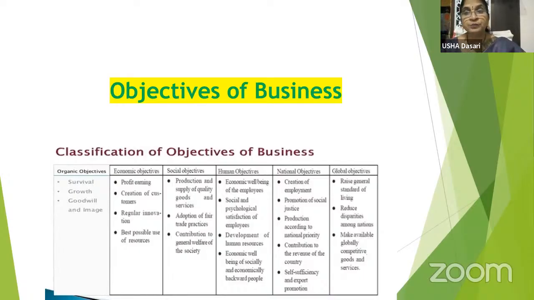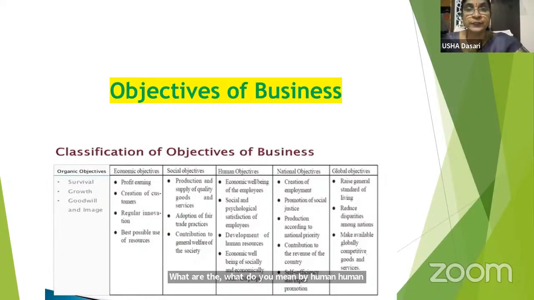Next one is human objectives. What do you mean by human? Human means individual. In short, human objectives means individual objectives. Individual objectives refer to the objectives related to the individual. It relates to the needs of the employees of the organization. As the employees,